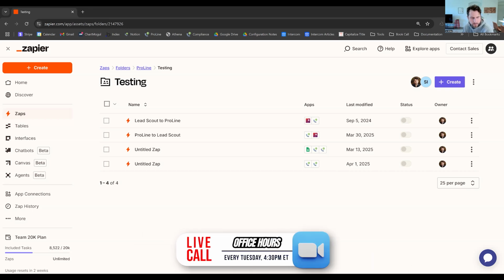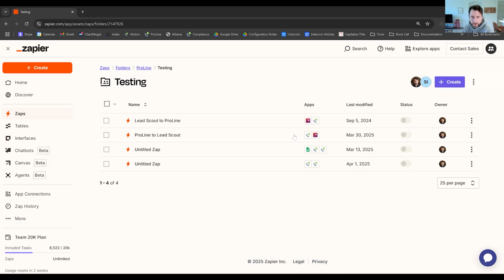And specifically, we're going to talk about Zapier today, before we get into questions. So let's focus in on that. What I wanted to run through is just some of our Zapier functionality, and we've been seeing a few recurring issues that people are running into when they're trying to connect things to ProLine. With that being the case, I want to clear some of that up and make sure people understand how to connect things to ProLine. So I'll just go ahead and create a Zap here